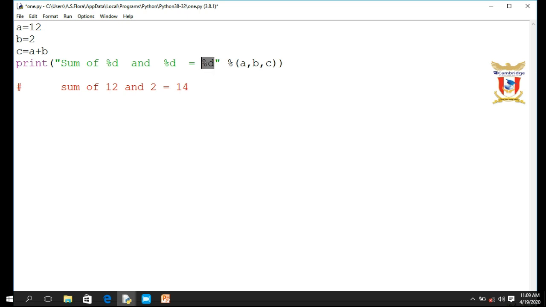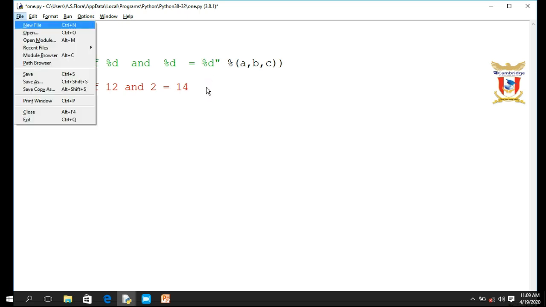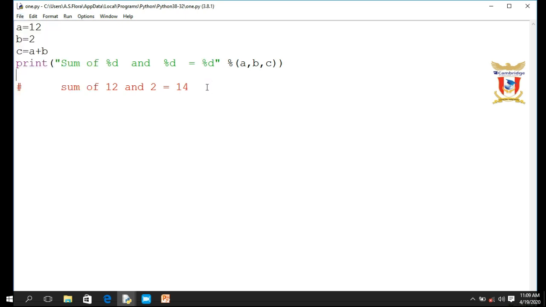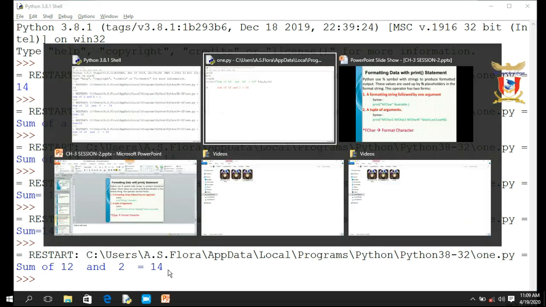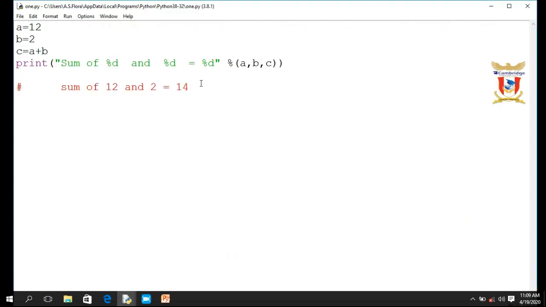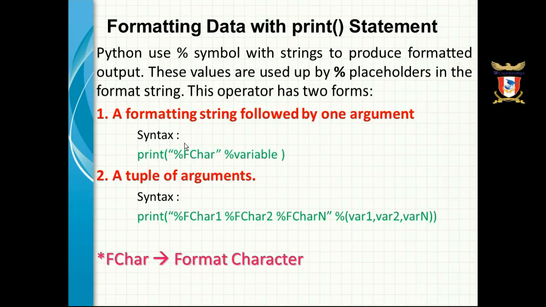If you specify A here, then the value of A will be in the third position. When you save this and press F5, you get sum of 12 and 2 equal to 14. According to me, this is the easiest way to perform formatting instead of using the concatenation operator.